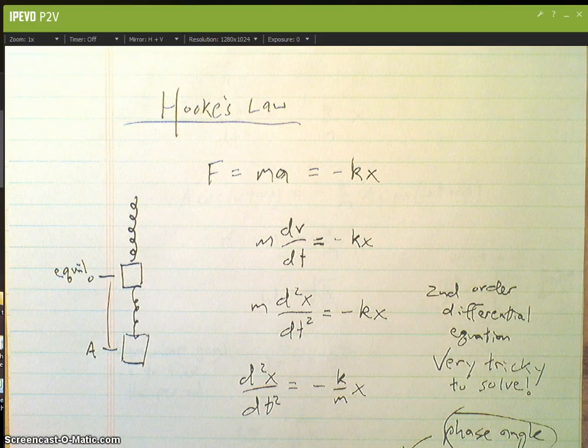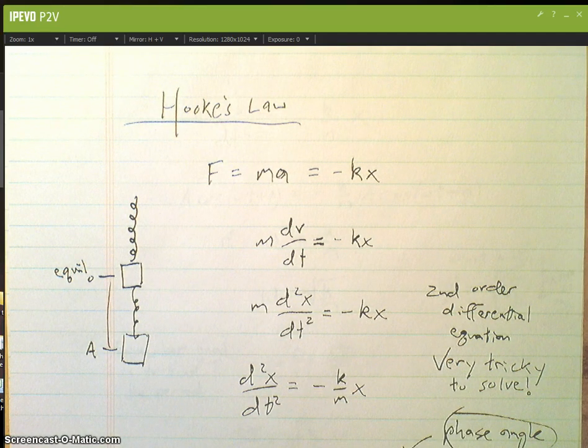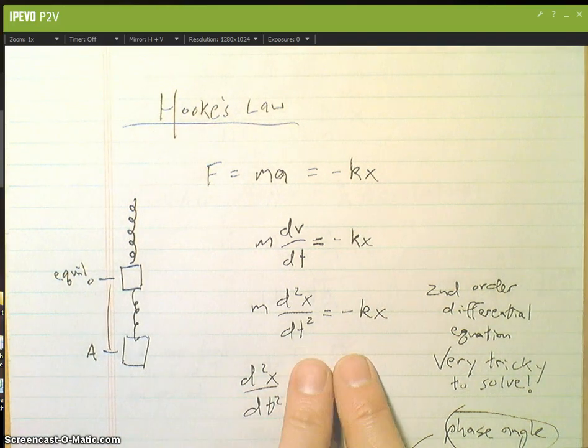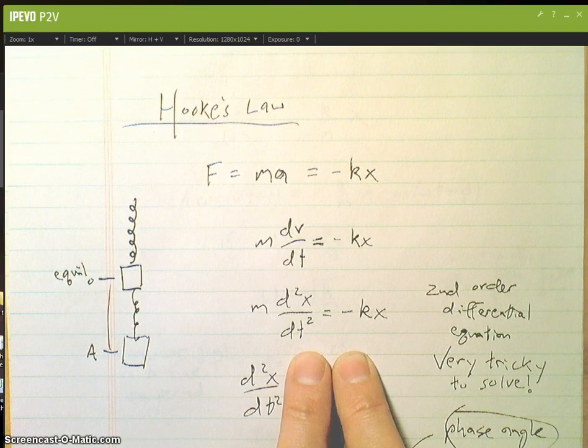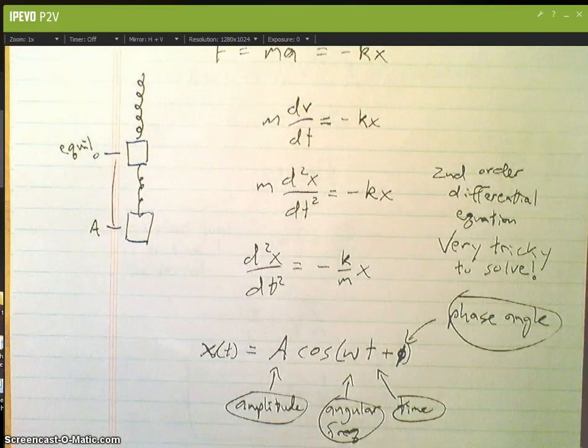We're going to get it to a second order differential equation so that everything is in terms of x with respect to t. This is a very tricky differential equation to solve, and really they don't expect you to be able to solve this. Instead, what we're going to do is